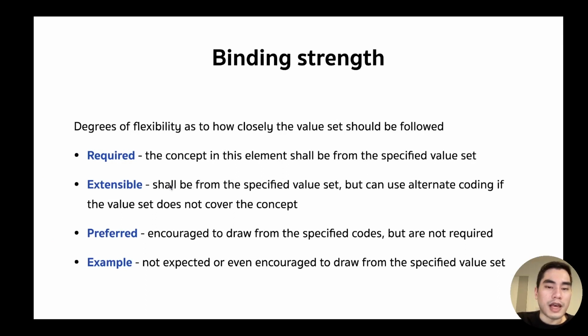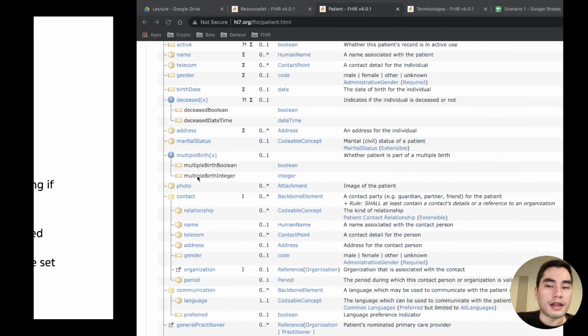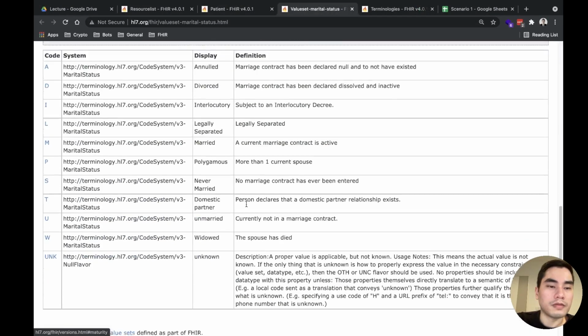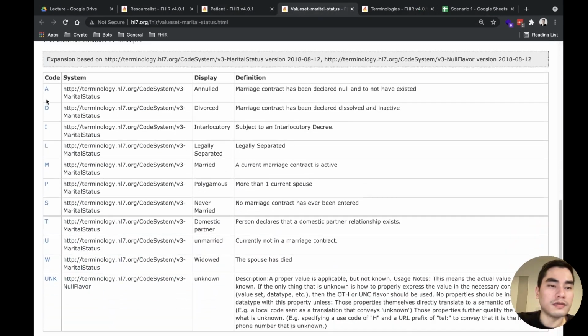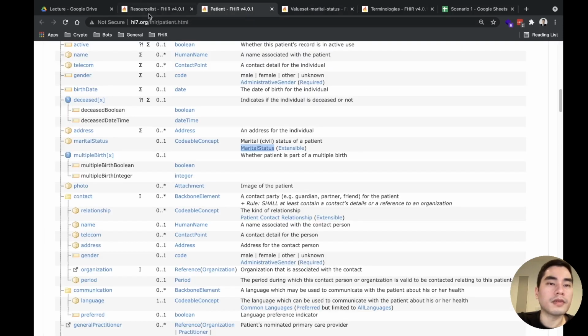Extensible means that it shall be from that value set, but if it does not fit your need, you can use other coding, but they still want you to use the system that they specify. Like this, extensible, they prefer you to use this code, but if it does not fit your need, you can use another system.